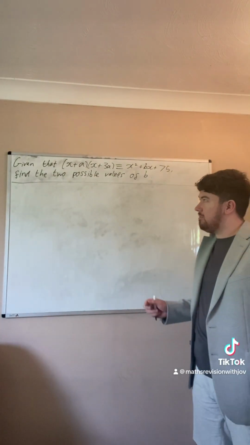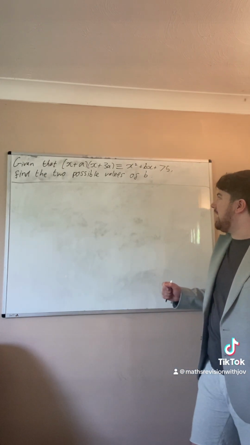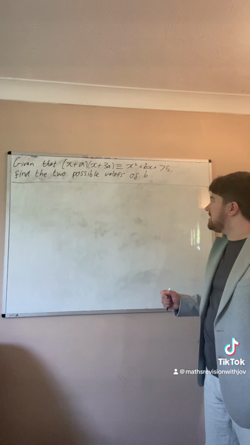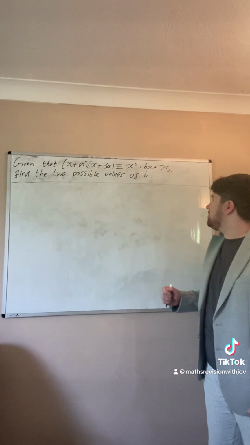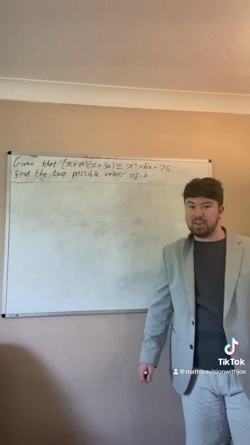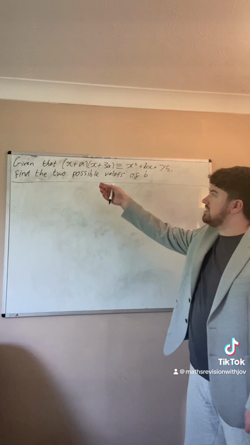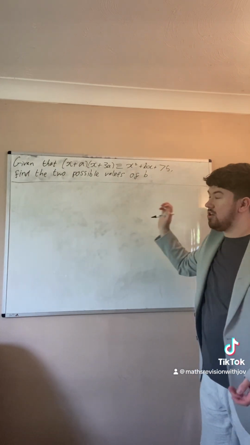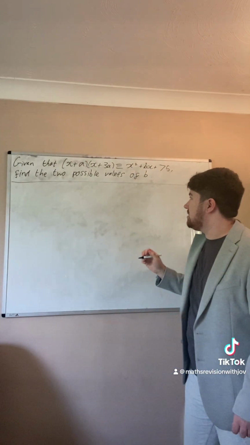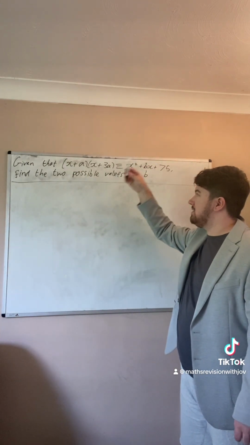Today we'll be solving the problem: given that (x + a)(x + 3a) is mathematically identical to x squared plus bx plus 75, find the two possible values of b. We should probably note that x is a variable and a and b are constants, and what that means is that this expression is true for all values of x but only specific values of a and